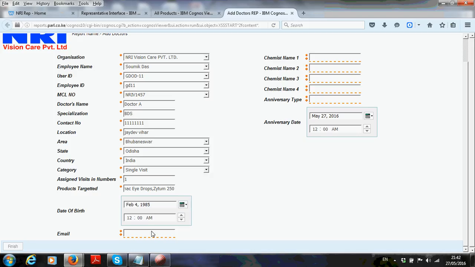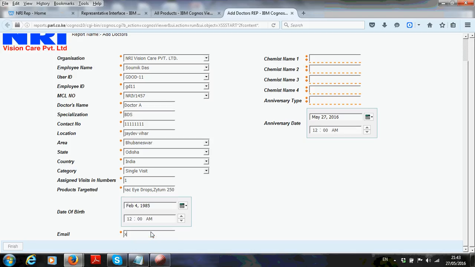So then I need to enter the email address. For instance, the email address is maybe xyz@gmail.com.